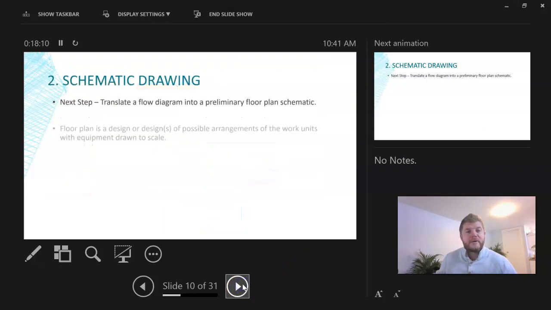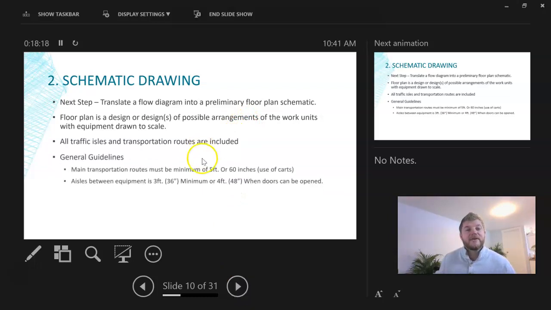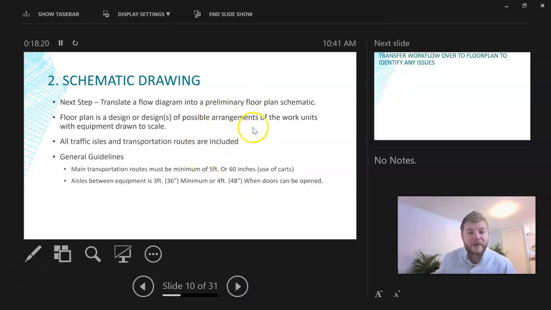Okay, so next one is we're going to translate a flow diagram into a preliminary floor plan schematic. So what we want to do is that we want to take a look at all of the possible arrangements of the work units, look at traffic aisles, look at transportation routes, and kind of get an idea of what is a minimum requirement. I like to think about, we've all been to it, grocery stores, Walmarts, things like that,